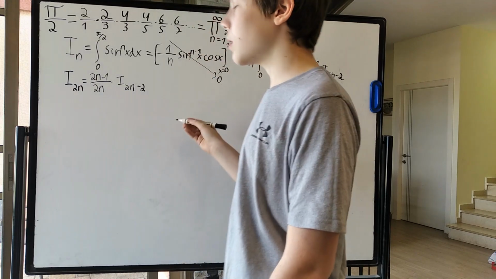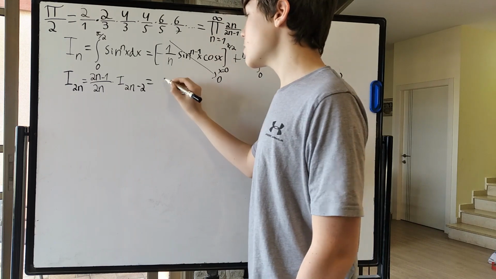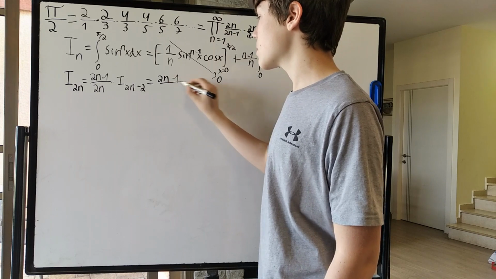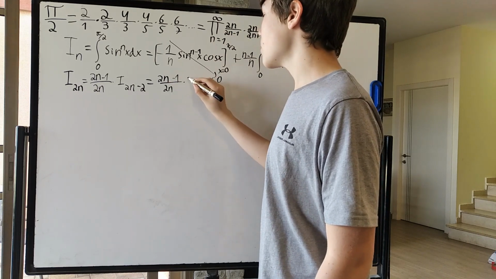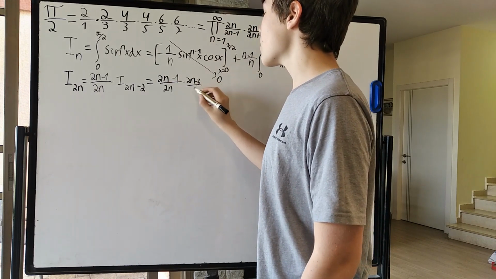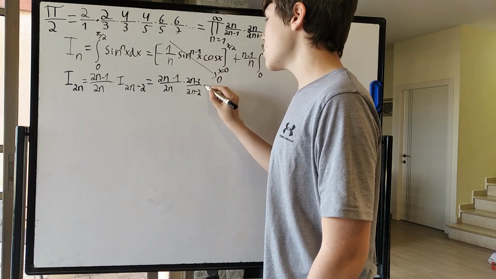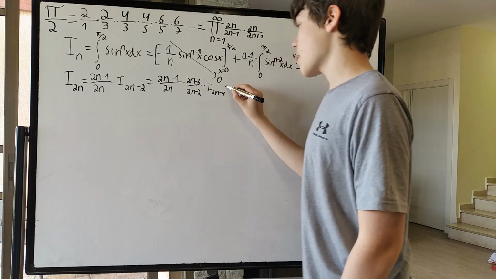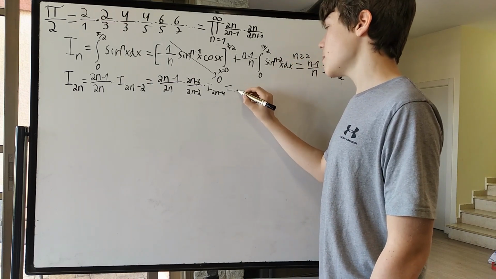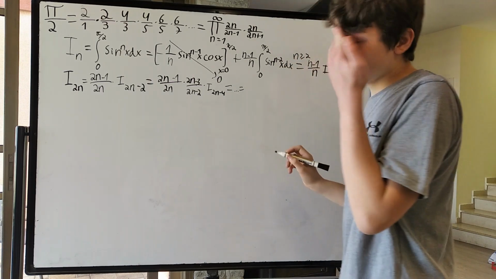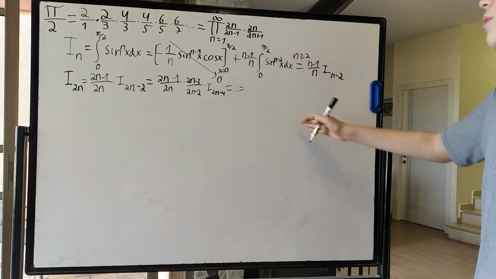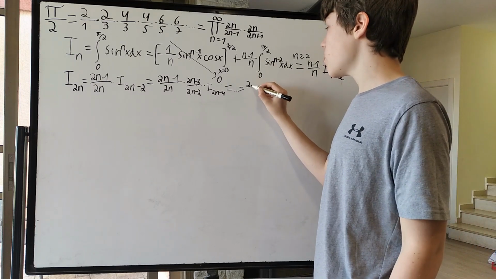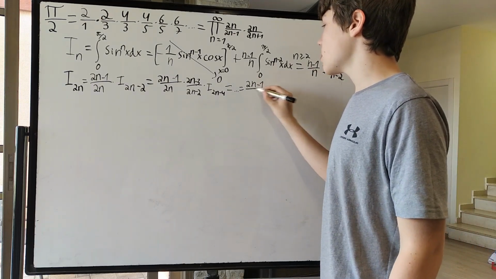But by the reduction formula again, I_2n minus 2 is 2n minus 3 over 2n minus 2 times I_2n minus 4, and so on. So we expand each I, or use the reduction formula on it, and we end up with the final result of 2n minus 1 over